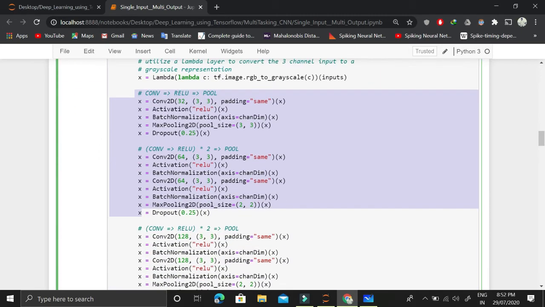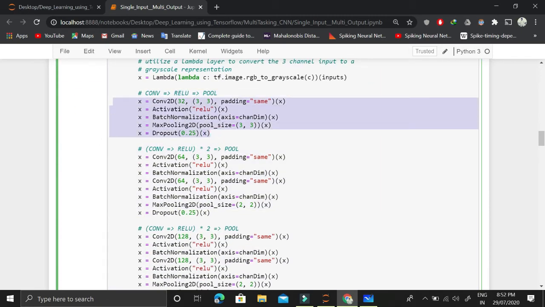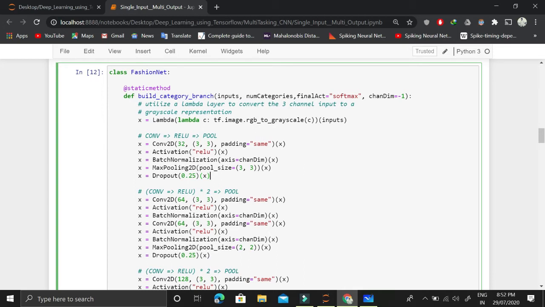So I'm expecting that you really know how to define this. This is a simple definition of this architecture using the functional API, where we have this function of Conv2D, and it is taking the input of the previous layer. So this x is the previous input, and this x, once stored, contains the output of this Conv2D, and this activation is taking the input of the previous layer x. And the functions of activation, Conv2D, and batch normalization actually contain all of the details, hyperparameters, and parameters that you should know.